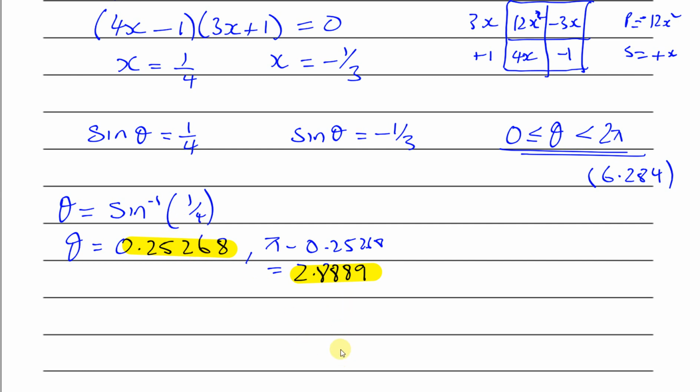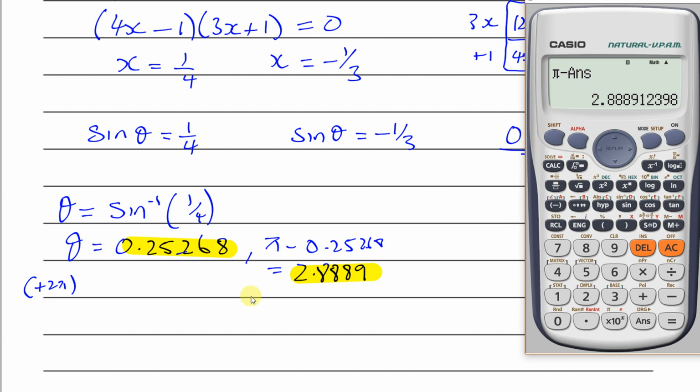So I'm going to add 2 pi to this, and let me save this as B. Shift store B. Okay, good. Now we saved this as A, the first one. So I'm going to add 2 pi to that. Plus 2 pi. That gives me